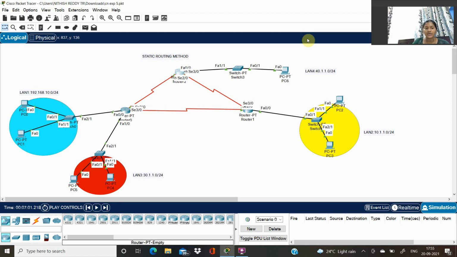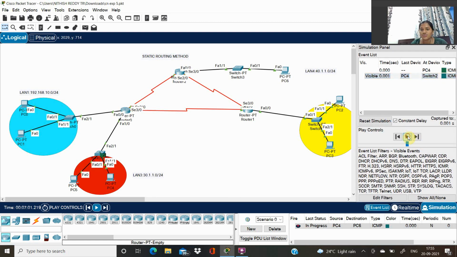Now we have to ping from PC4 to PC6 in simulation mode. From PC4 to PC6, and let's check in our simulation mode.